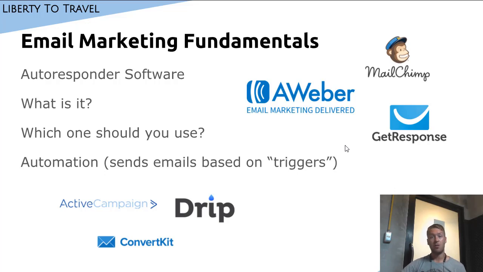Before I go into the other three listed on this page, let me first talk a little bit about automation, what it is. So automation allows you, for example, to send emails based on certain triggers. What triggers? Let's say the very basic one is someone enters their email on your website, they are subscribed to your list, and then automatically an email is sent to them to welcome them to your list. That is a very simple, basic automation. The most basic version of automation, usually called either follow-up or campaigns.